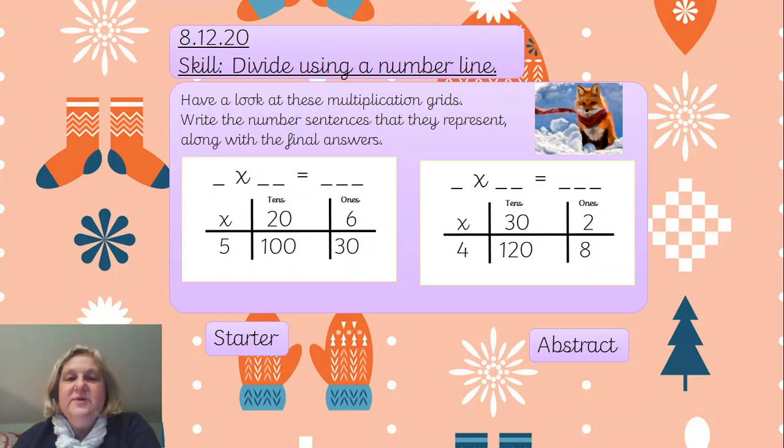Hello Emerald, we are dividing using a number line in our maths lesson today, and we're going to have a look at the starter, which is to check out these multiplication grids and think of the number sentences that they